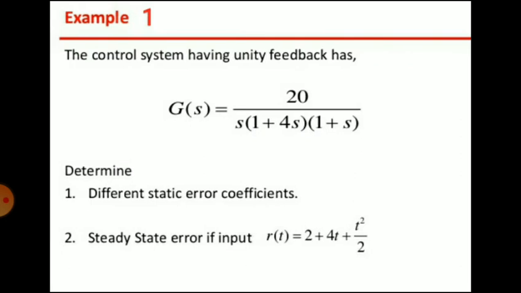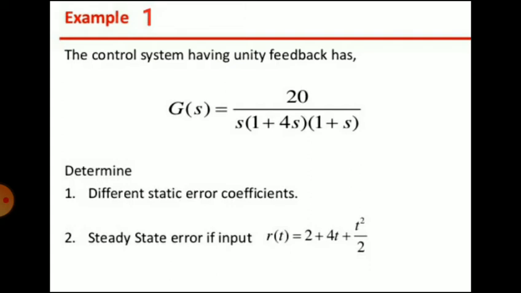From the expression we conclude that the steady state error depends upon R(s), that is the reference input, its type and magnitude, then G(s)H(s), that is the open loop transfer function, and dominant non-linearities present, if any. We have already seen the different formulas. First is the expression for steady state error, ESS equal to limit s tends to 0 sR(s) upon 1 plus G(s)H(s).